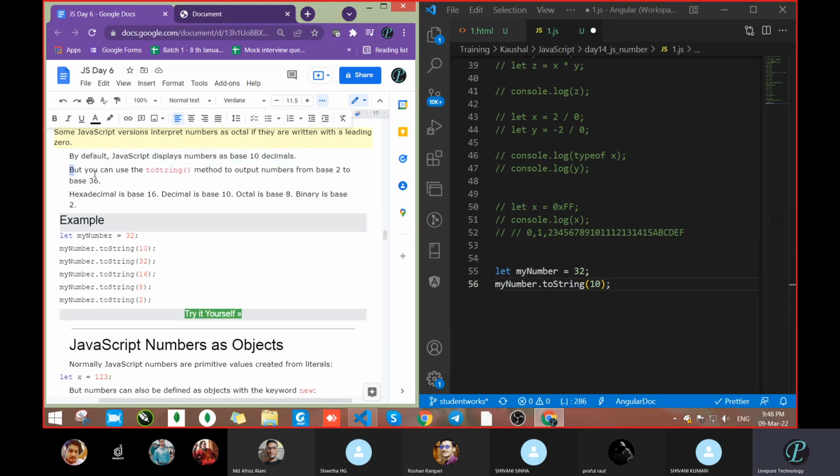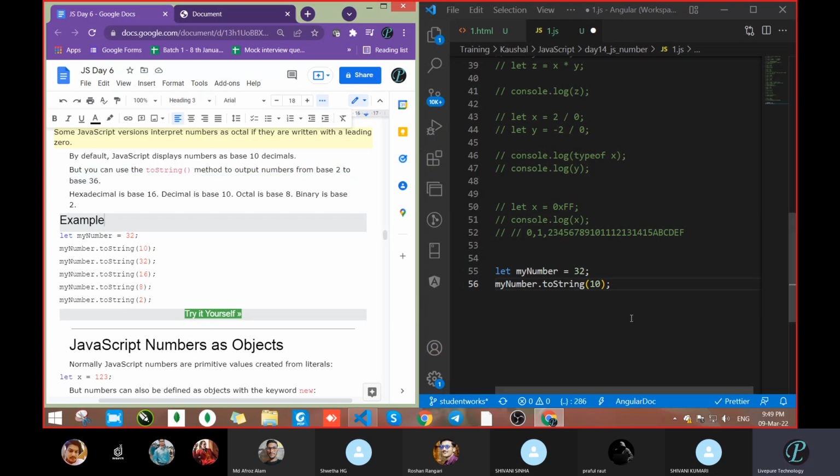But you can use the toString method to output a number from base 2 to base 36. Means if you want to convert a number from octal to binary, binary to decimal, decimal to hexadecimal, any conversion, you can pass it like this.